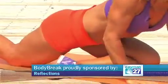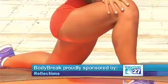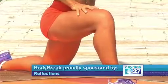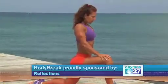And then I'm going to come back. I'm going to do the same thing on the other side. You might also notice that on one side you might be more flexible than the other. So again, stretching those small muscles of the hip flexors,